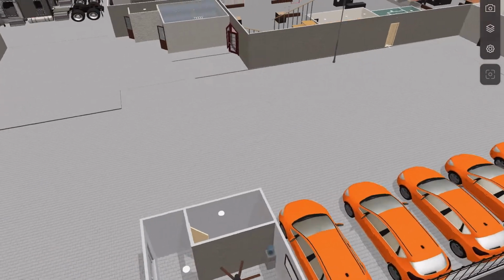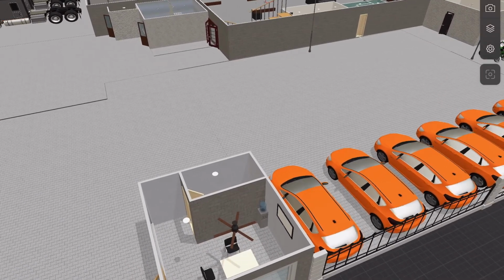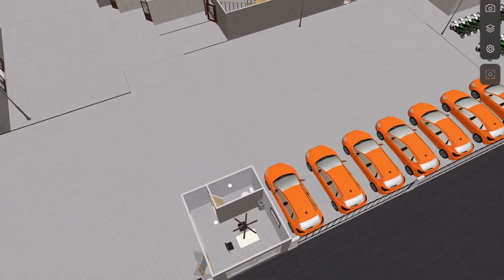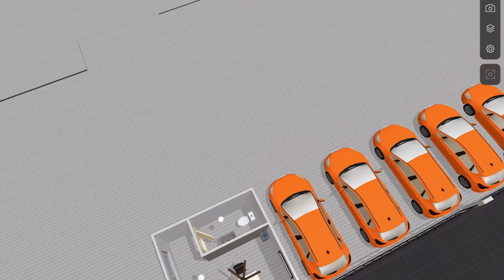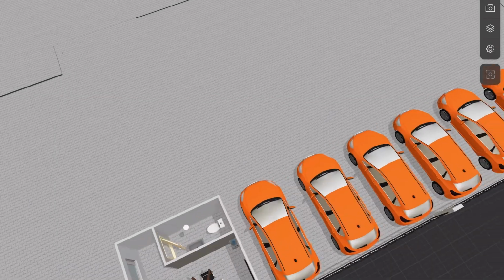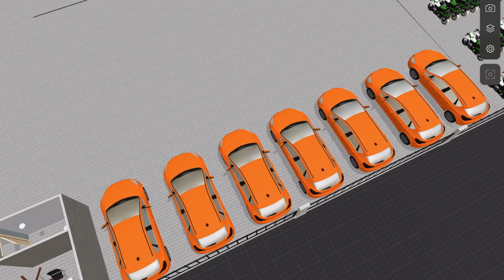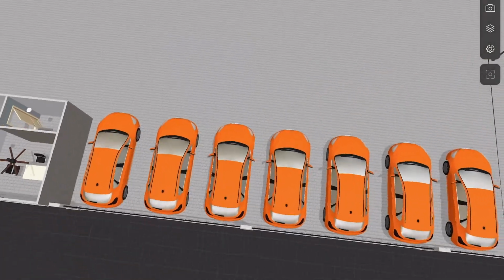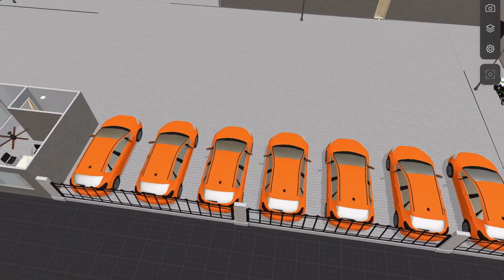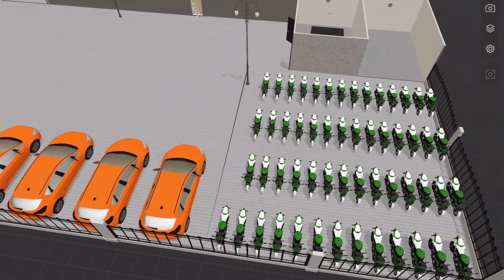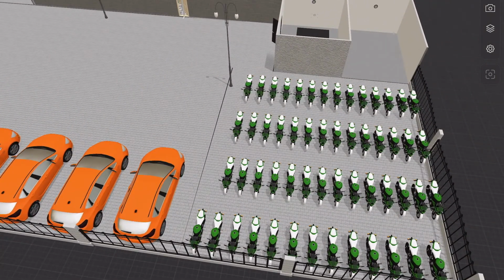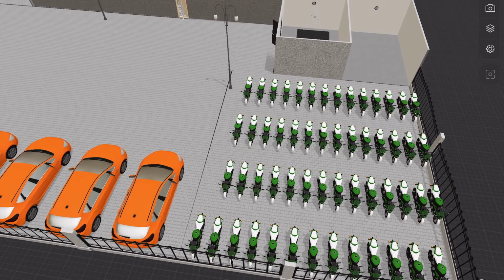At the entrance, there is a security post with an area of 7 meters along with one toilet room covering an area of 1.35. Then here is the standard car parking lot, enough for 8 cars with an area of 433 meters. Then next to it, there is a motorbike parking lot which is sufficient for 55 motorbikes with an area of 165 meters.